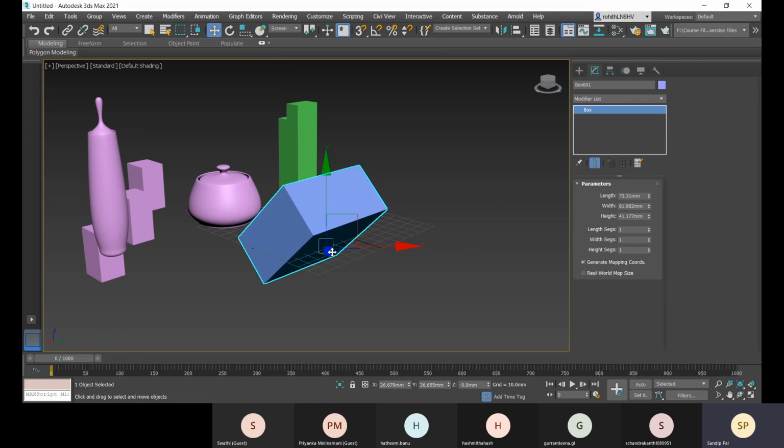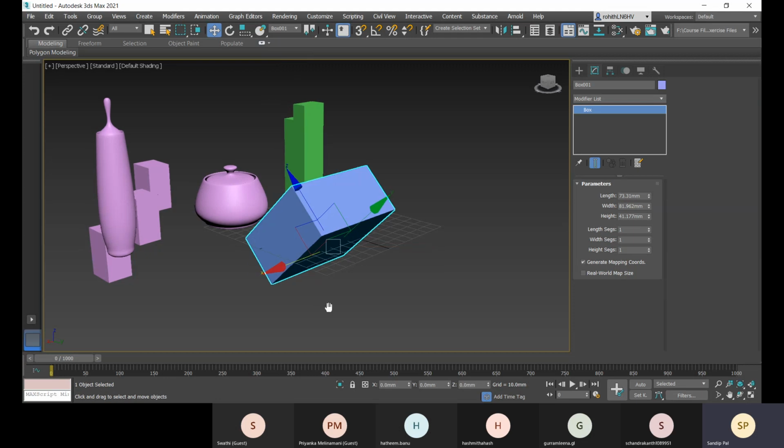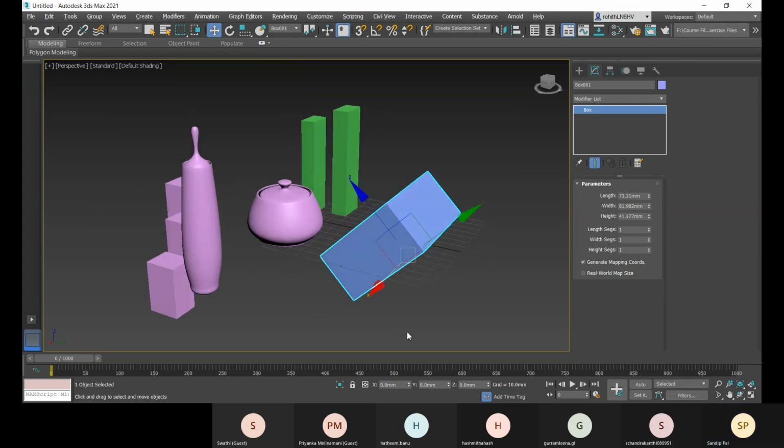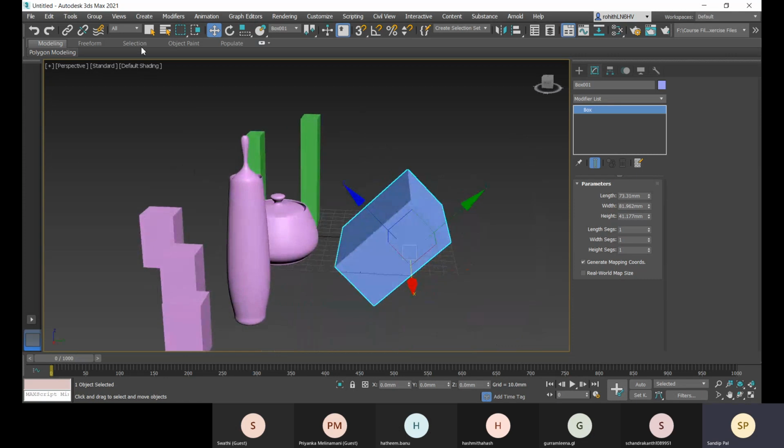The Z direction is always towards the screen. Now you can choose the object. You can go for pick and pick this object, and as per that, you have it. Okay. Now you can choose the scale option.